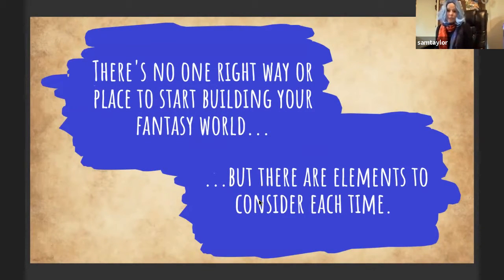Before I dive into the world building steps, I do want to point out there's no one right way or place to start building your fantasy world, but there are elements you want to consider each time. So the order that I present the steps here doesn't have to be the order that you take the steps. This is the order that I followed for building We Are the Fire. As you're building your own fantasy worlds, you might approach the steps in a different order, but everything I talk about today is something you'll want to be considering at some point as you're building the fantasy world,